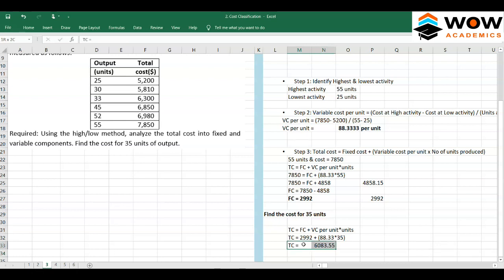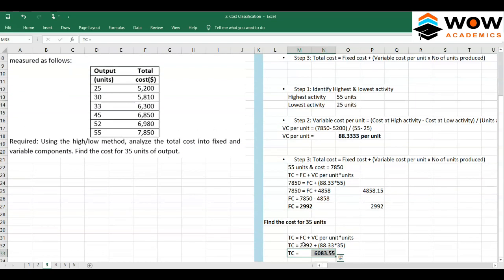Okay, so the total cost for 35 units is 6083. So, can we find out whether our answer is at least right in some manner? Yes, we can do it. This number is 35 units. So 35 units means the cost is between this 25 and 55. So the cost for 35 units should not be lower than 5200, or higher than 7850. Is the cost in between these two values? The answer is yes,